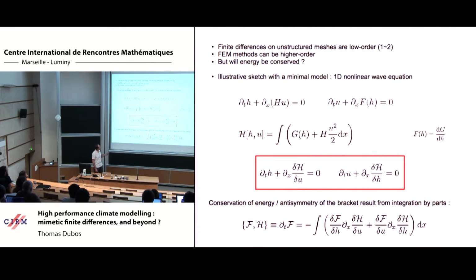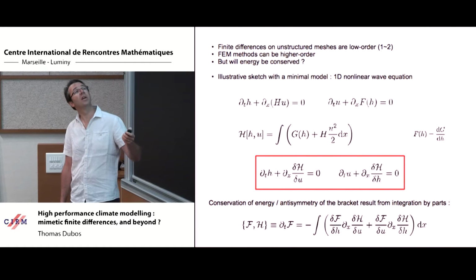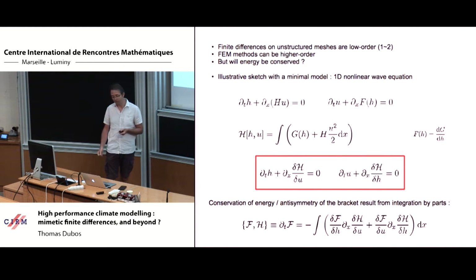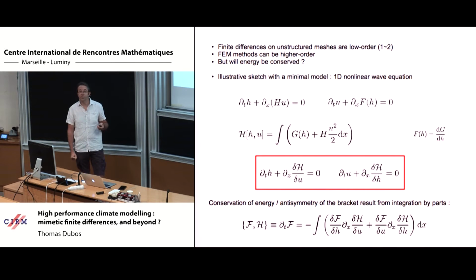That's not a major concern, but we would prefer, if possible, to have a slightly more accurate model. And probably finite element methods can do the job. Of course, I think it's well known now that you can do high order finite elements, like spectral elements. So the question of feasibility is not really there. The main question is whether you can still do this energy conservation